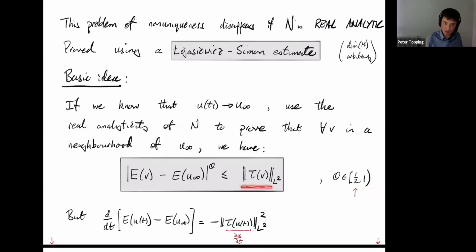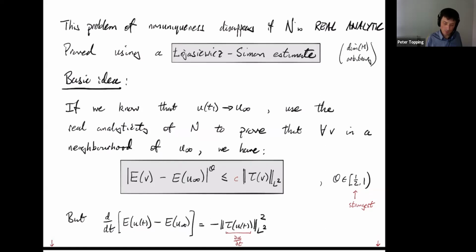So remember the tension, this is the gradient of the energy. Okay, so it's controlled in the sense that we do have an exponent theta here, and this theta is between half and 1. So the case half would be the strongest situation. In fact, normally to get a half, you would even need to put in a constant c in the estimate, but let's not worry about that.